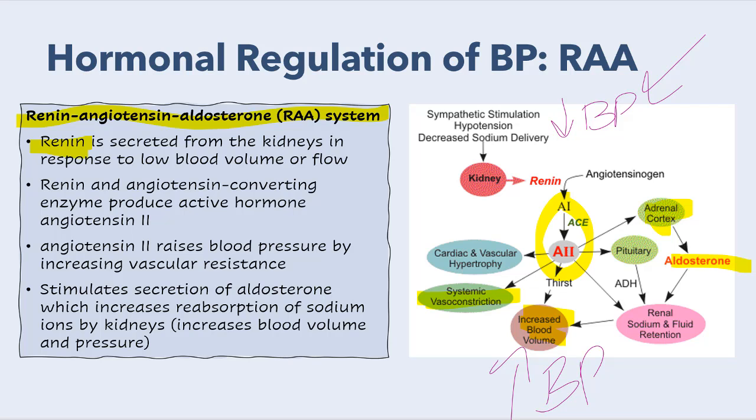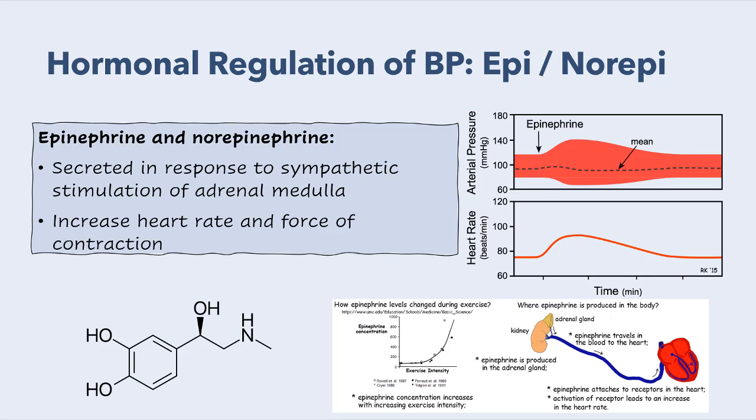Other hormones that can be involved here are epinephrine and norepinephrine. I'm sure you've seen these hormones before. They can also act as neurotransmitters because we know that they are related to the sympathetic division of the autonomic nervous system. So these chemicals are specifically secreted from the adrenal medulla. They can alter blood pressure and blood flow because they can alter the cardiac output, how much the heart beats per minute. And they can also contribute to changes in the resistance by changing the diameter of the lumen by